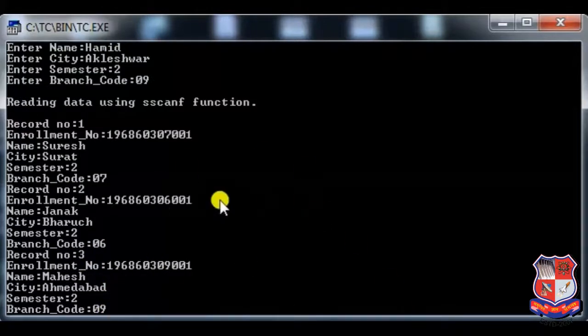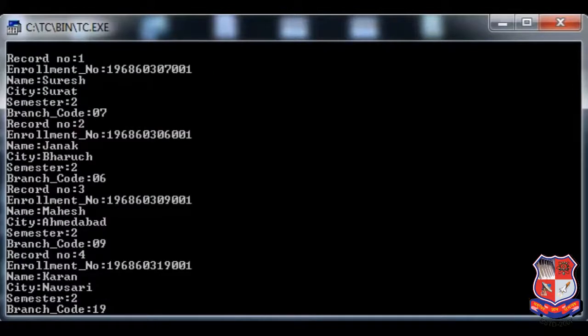See, reading operation is taking place with the help of fscanf function, and writing operation was performed with the help of fprintf function. Right? This was my fourth record. Fifth record, as you can see over here, record number 2, record number 3, record number 4, record number 5, and the last one will be my record number 6.